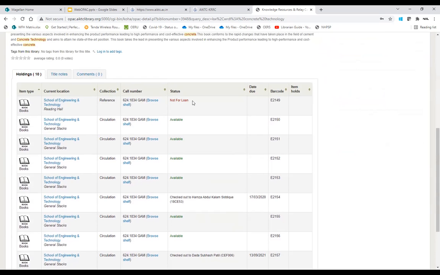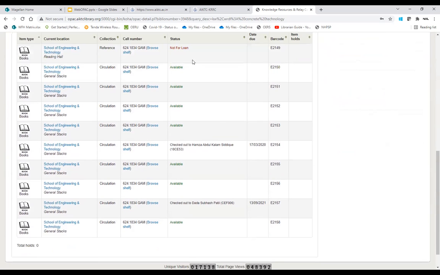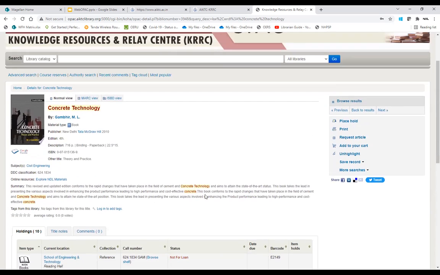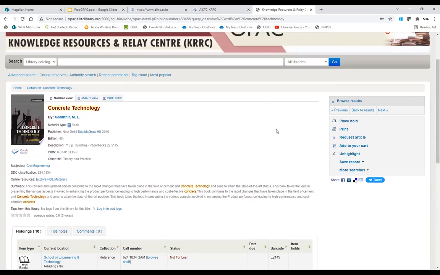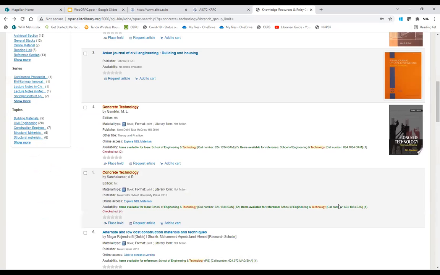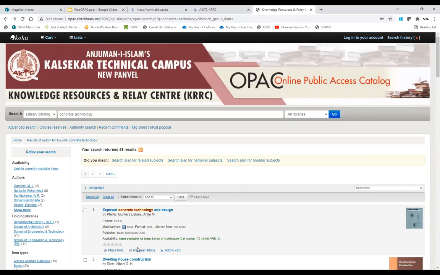One is not for loan, means that is available for reference purpose only. And out of the remaining 9 books, 2 are checked out to this person. I'll again go back. So this way you can search the books.